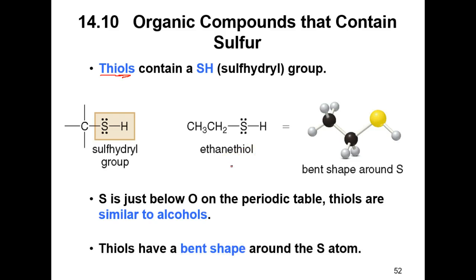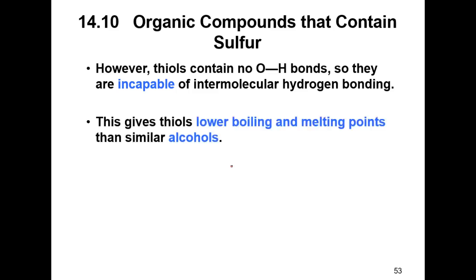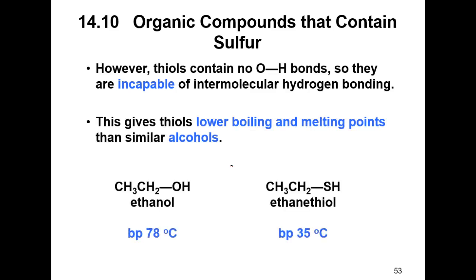Okay, they are just like ethers in every way. They are bent. They are 109.5. They do a lot of the same chemistry as alcohols do. However, you do not have a hydrogen bond. Sulfur, very hard to form hydrogen bonds. They can form very, very weak hydrogen bonds. So you really can't form a hydrogen bond with them. They have very low boiling and melting points, again, compared to alcohols.